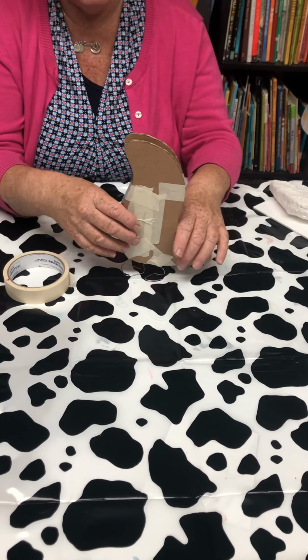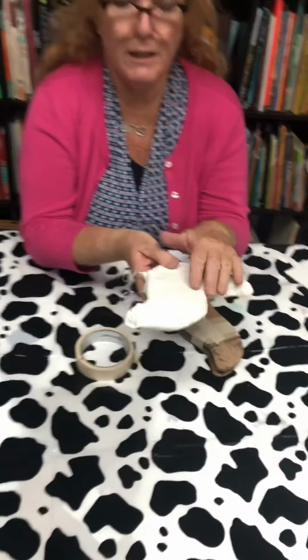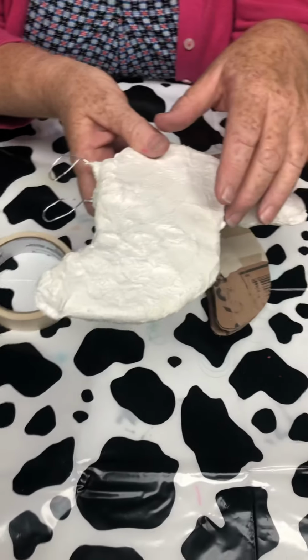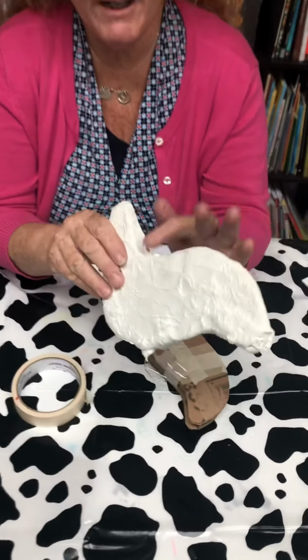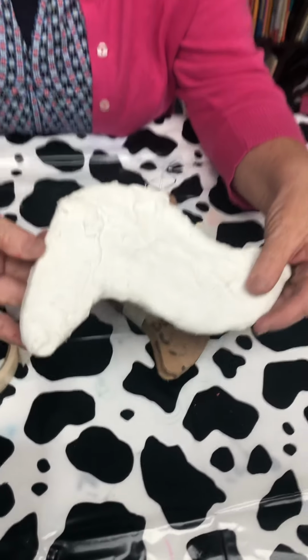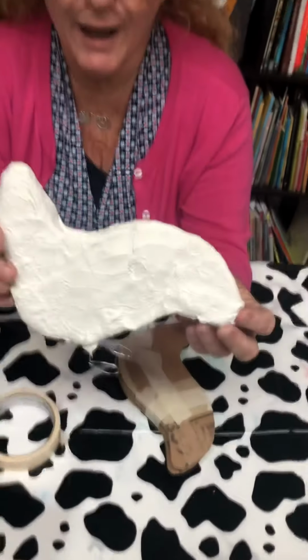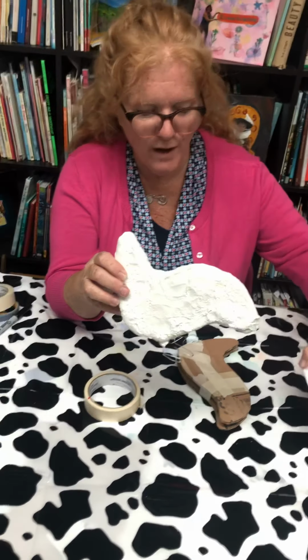Miss Kate, okay, so this is the other thing that I found. You are only going to want to put one complete coat of the plaster strips on your bird, making sure that you smooth it all out so you don't have the little holes. You're going to make sure the whole thing is covered. I put too much on this and it's a little too heavy to stand up. If you have that trouble,